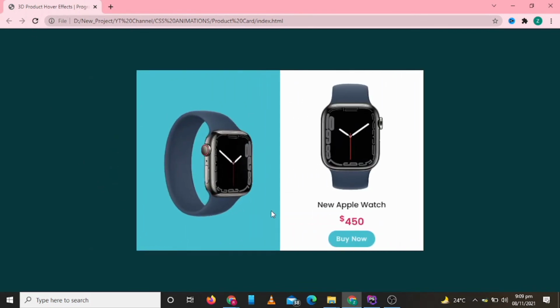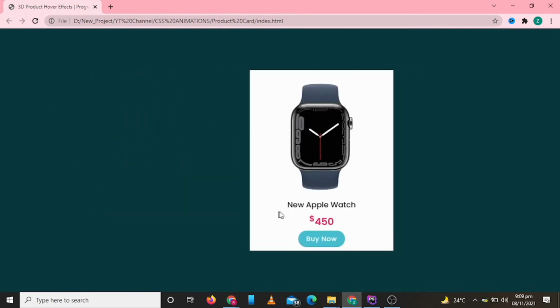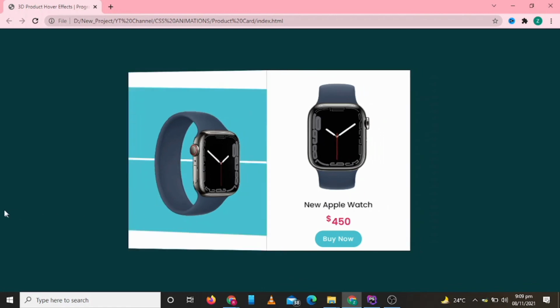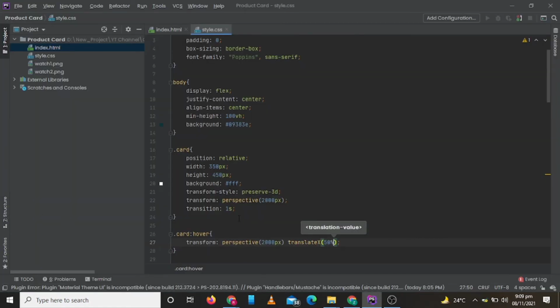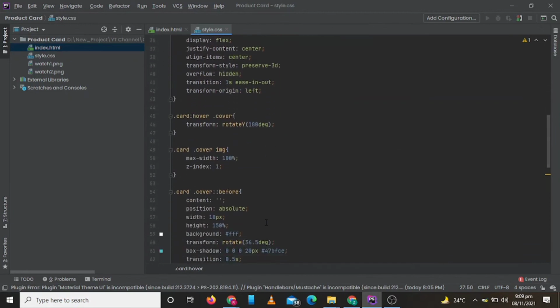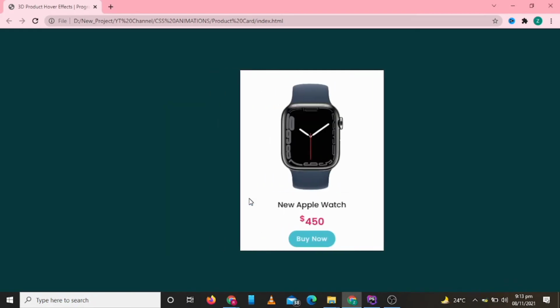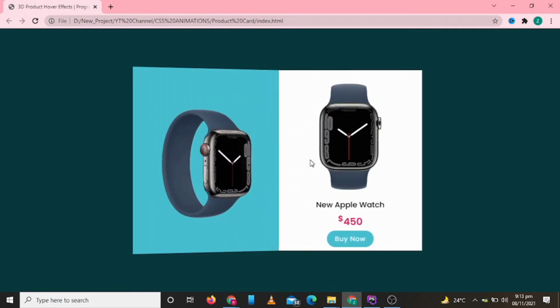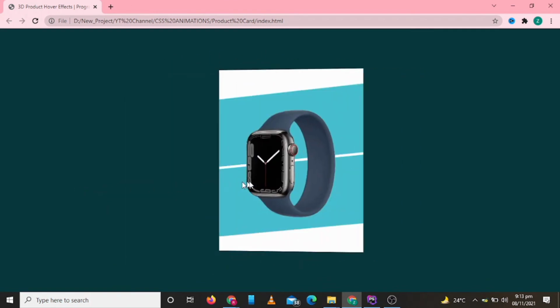Now let's check. It is moving towards the right, but it is not moving from the front side. So let's change our rotation from 180 to -180. Let's check. So guys, this is our product card with CSS hover effects.